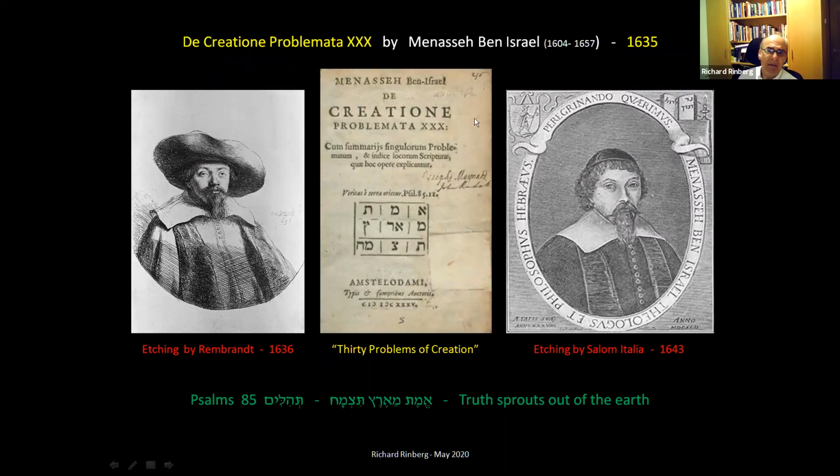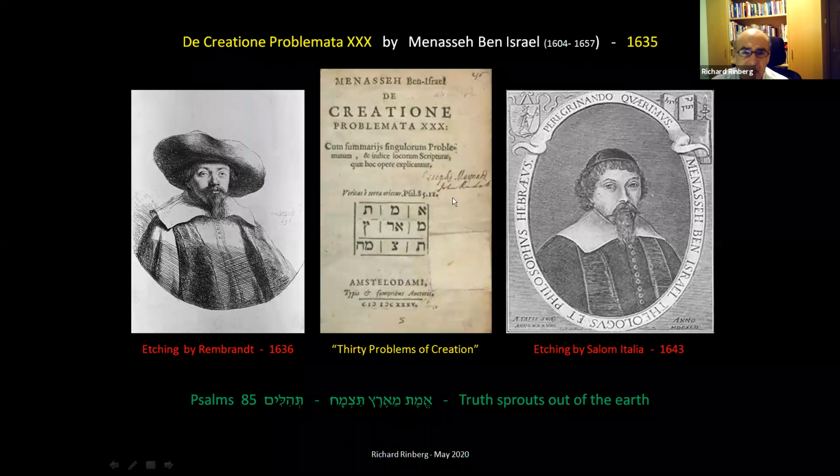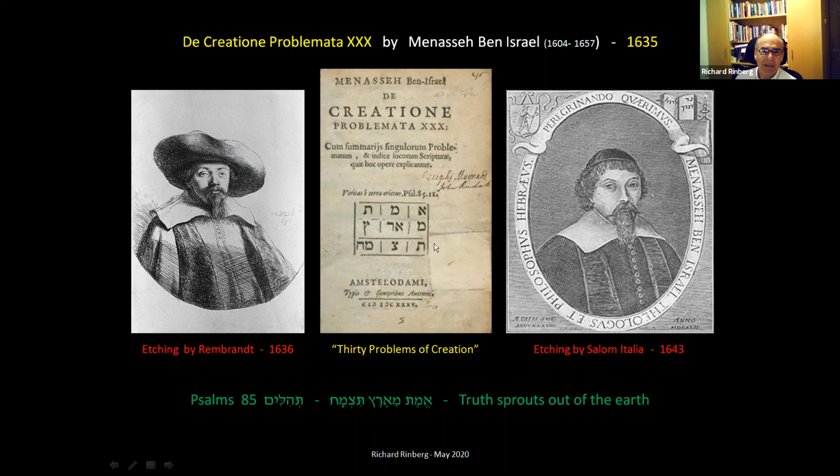And he was remarkable in setting up a printing press in Amsterdam. And this is one of his books. And at this stage, he took as his logo this magic square. And you can read on the magic square that it says, Emet me'eretz titzmach. But you can read it from top to bottom, and you can read it from right to left. Right? It's sort of, if you want a magic, Kabbalistic, Emet me'eretz titzmach, truth sprouts out of the earth.